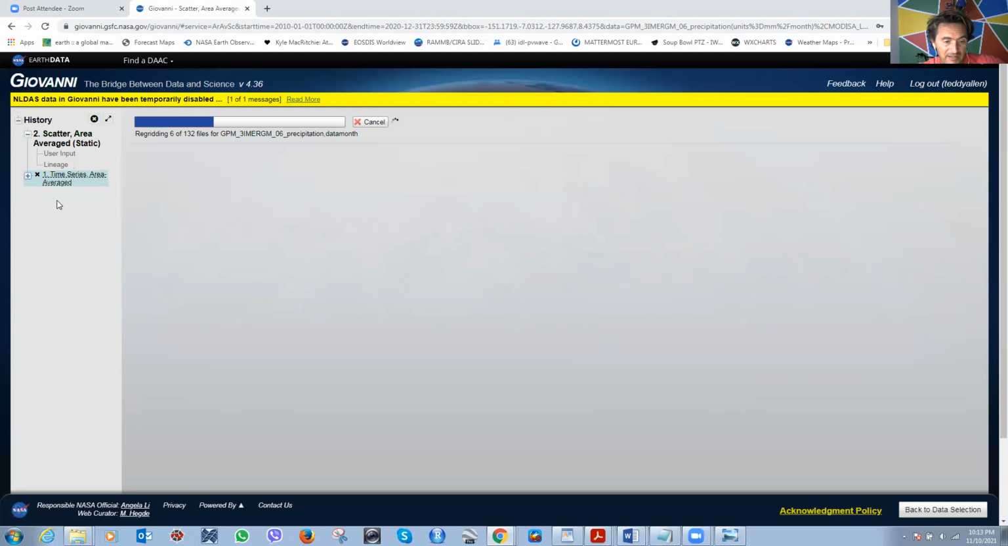NASA Giovanni saves all of your results here on the left. You can go back and ask yourself, oh, what was the user input there? Oh, can I download it? What the plots look like? All right. Okay, now here's where there's going to be some time consumption, because look,